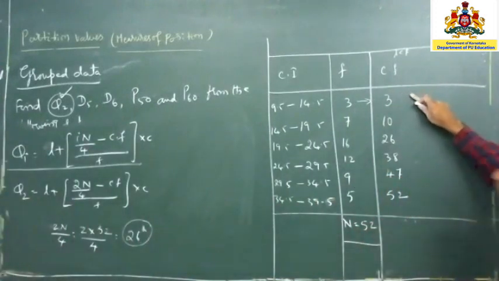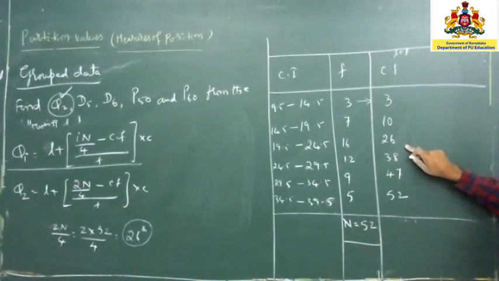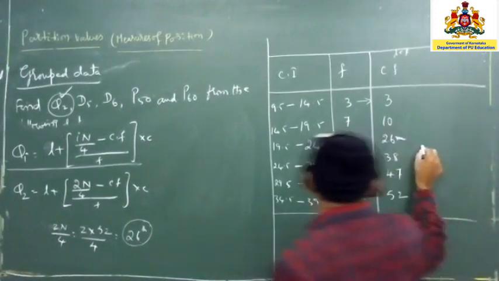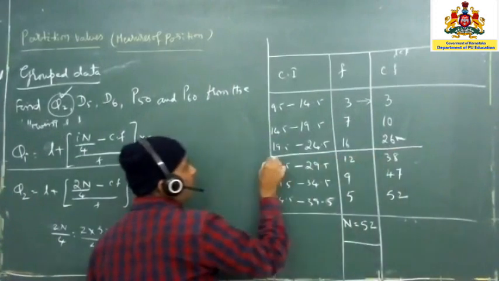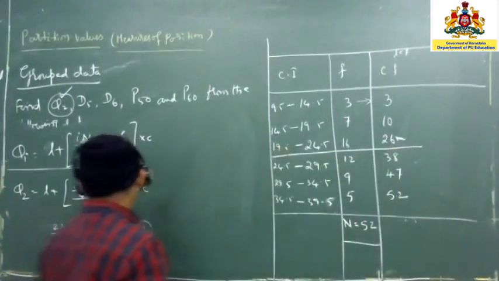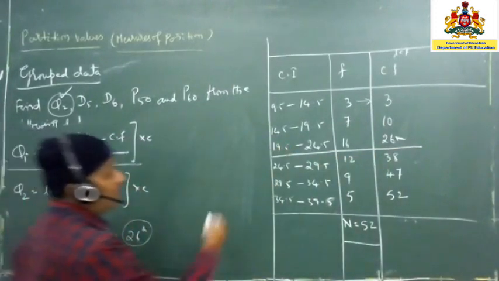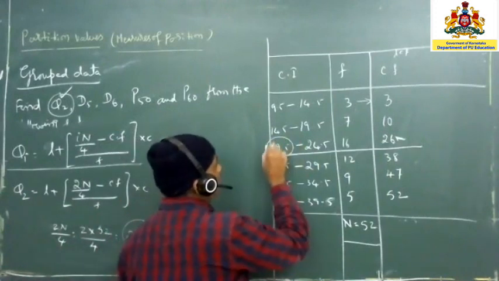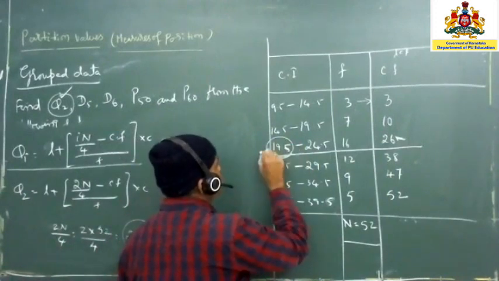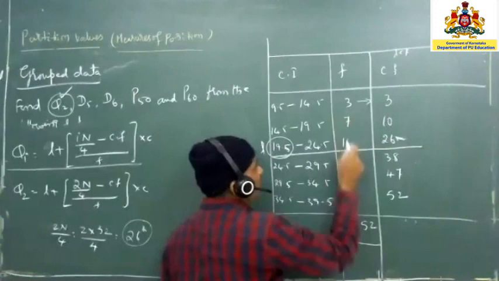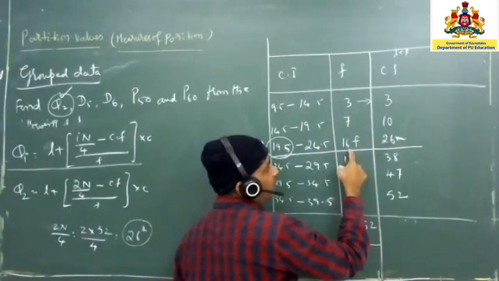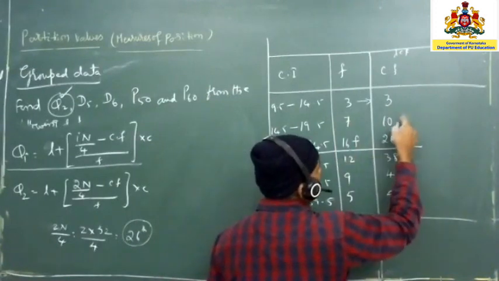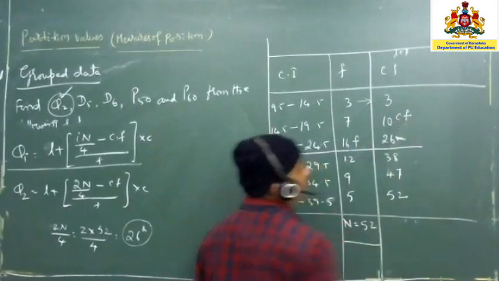So where will 26 come? Definitely 26 is there. So you have to mark it here, and draw the line. What do we want? The lower limit. In the same line, you will get most things. So 19.5 is L. Under the F, on the same line, this is the F. And in the same line, the value above is going to be the CF.